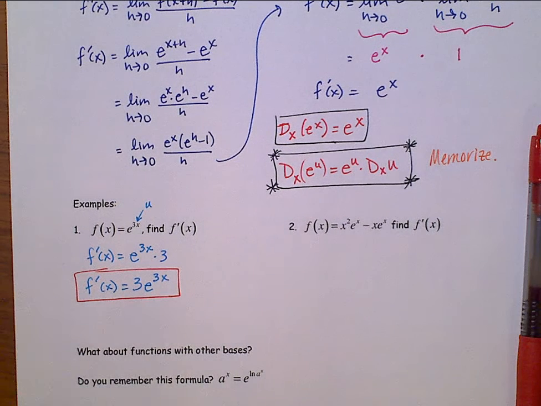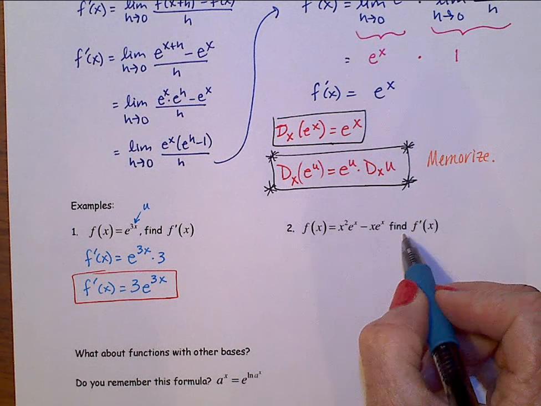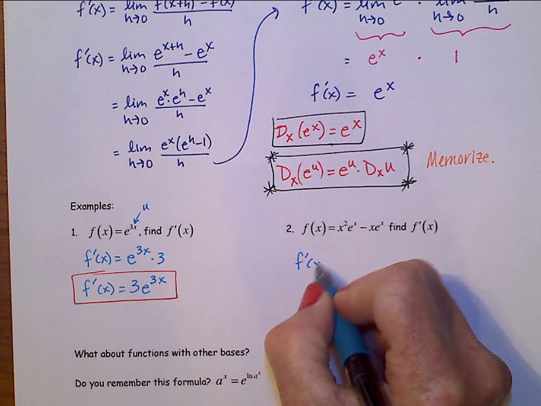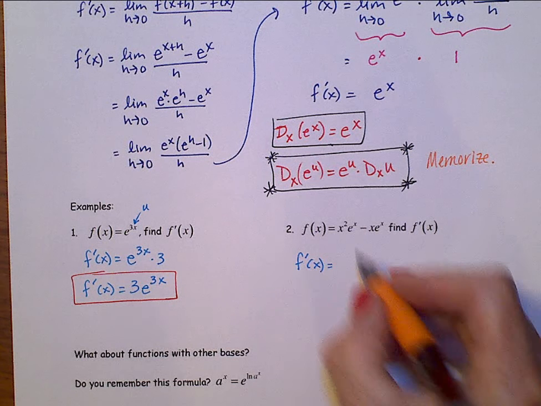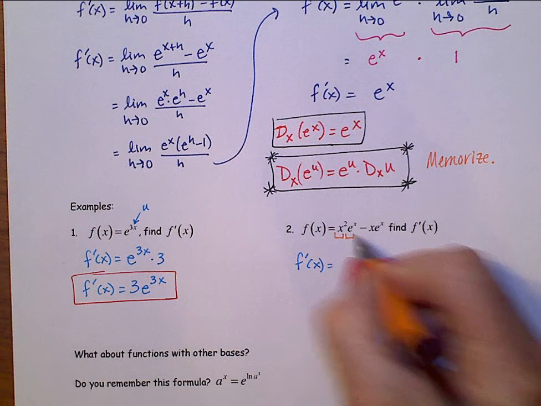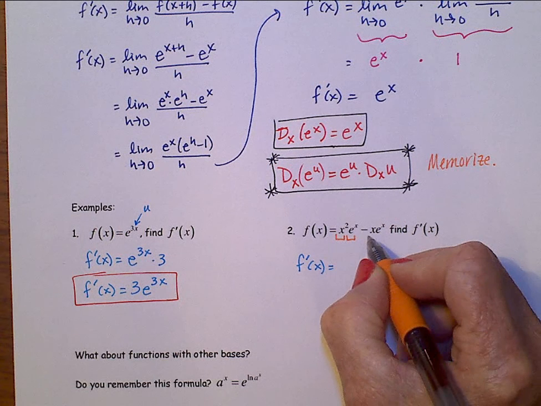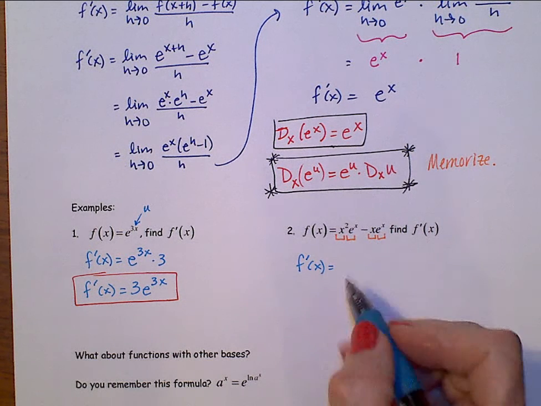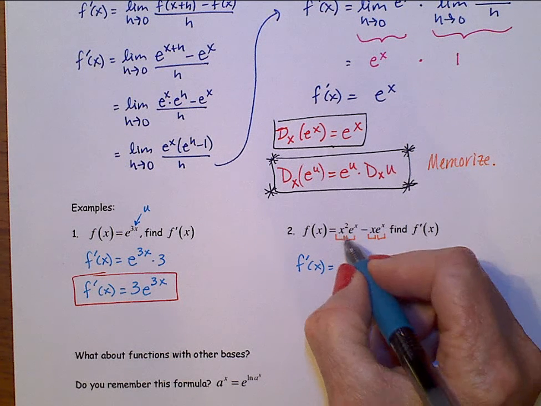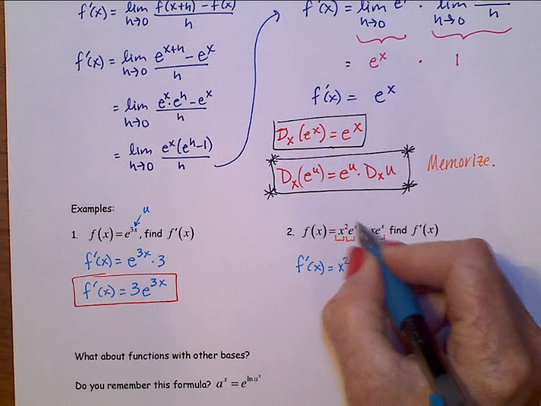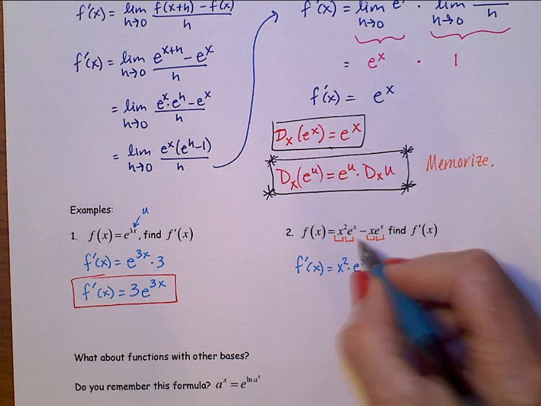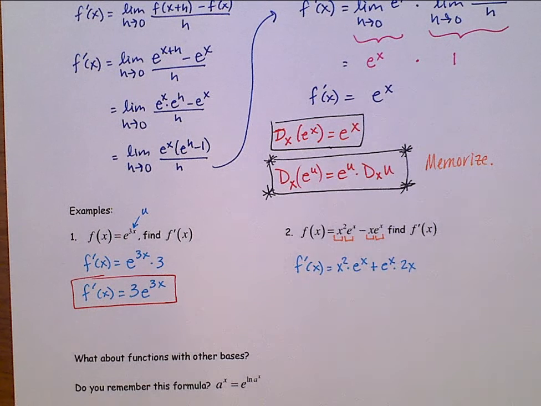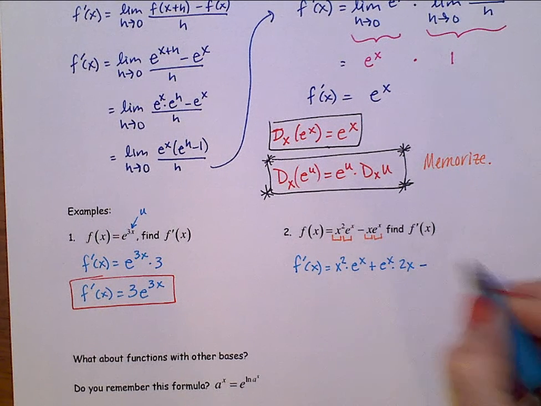It does get a tad bit harder when we look at this one over here. If we want to find the derivative, and plugging through right away, you're going to have to see that this is a product rule right here with x squared times e to the x, and another product right over here at x times e to the x. So finding that derivative, first x squared times the derivative of the second, which is e to the x, plus the second e to the x times the derivative of the first, 2x. That is the first product rule, minus, now this second product rule,